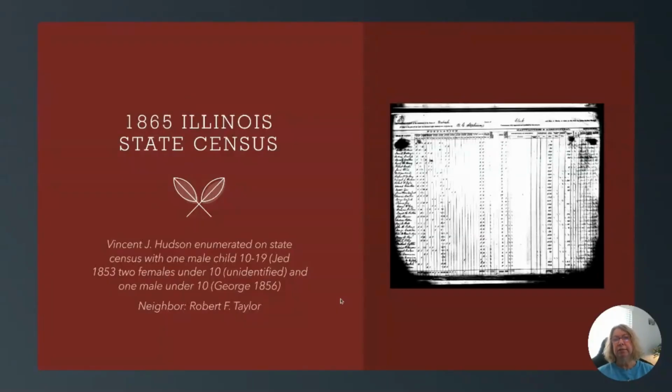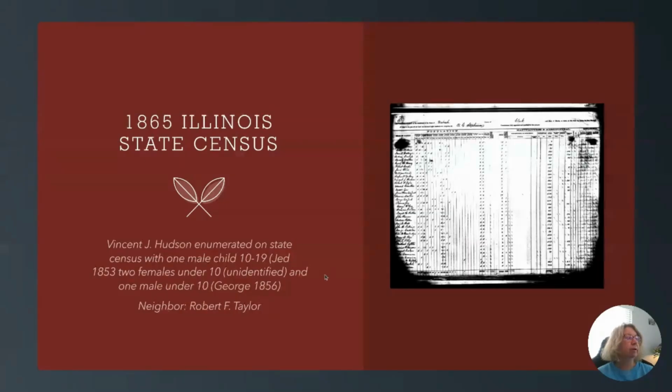So some states took special censuses. And so Vincent J. Hudson was enumerated on the state census. That's a tongue twister. And he had a male child and two females under 10 and a male under 10. And he lived right by Robert F. Taylor, who is my great-grandfather,